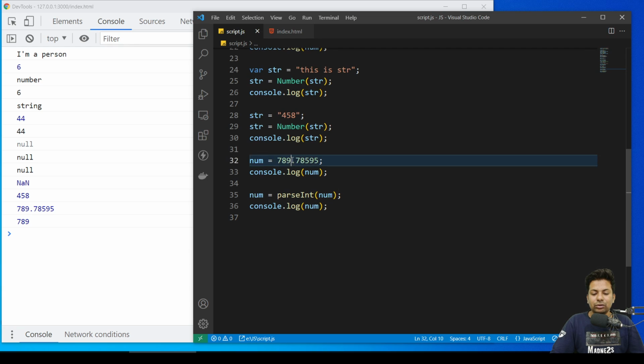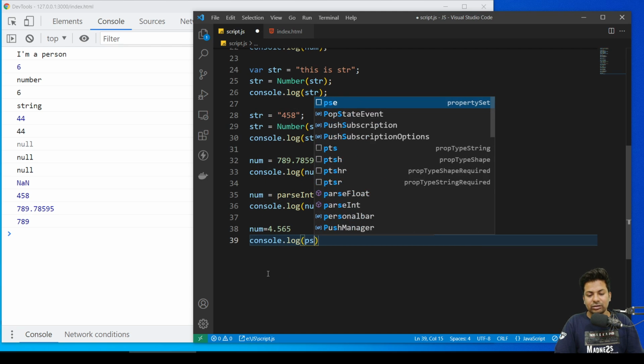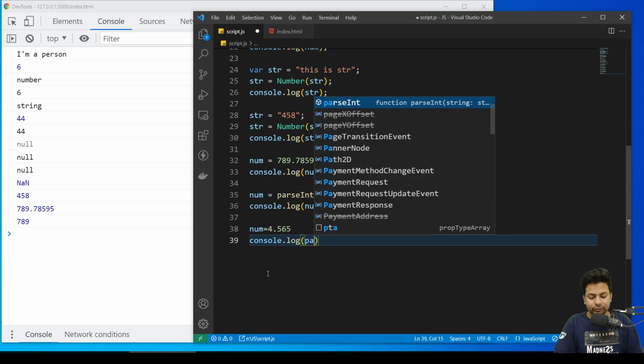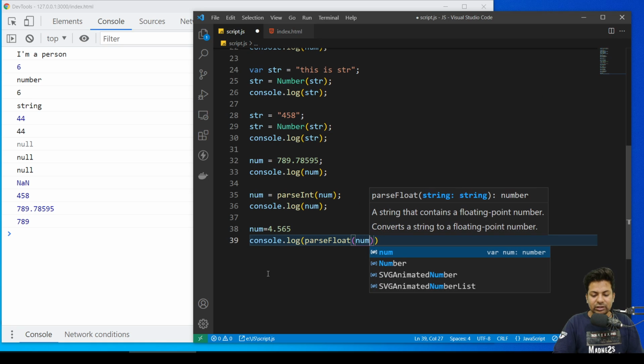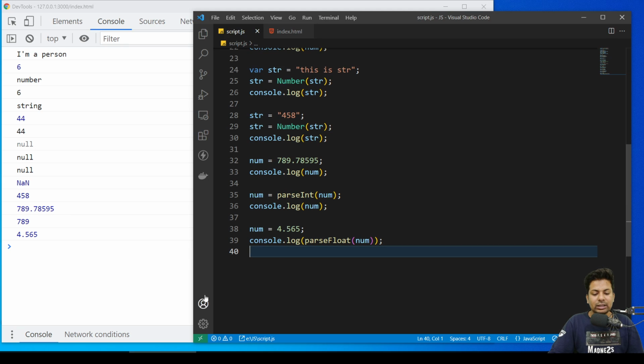But suppose you are using a float. I'll say num equals 4.56. Now I just want the float, not the integer. So what I'll do, console.log, you'll say parseFloat and your number. See, now you get both the integer and float parts.